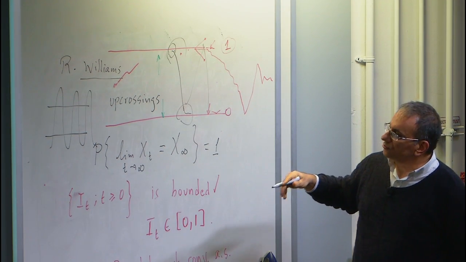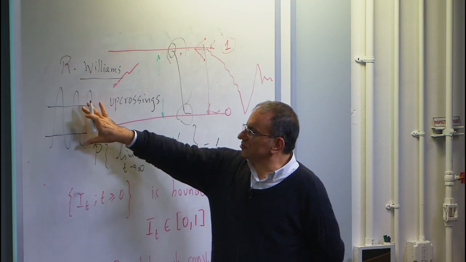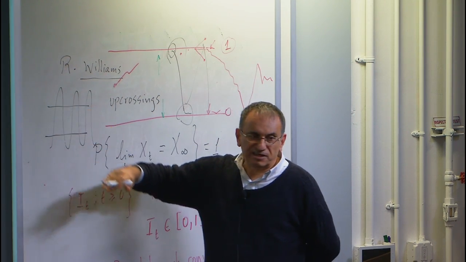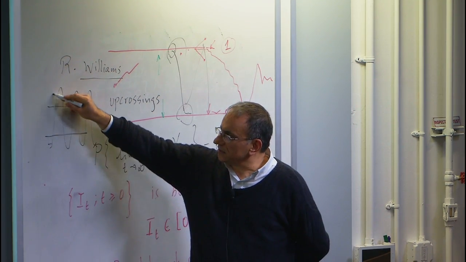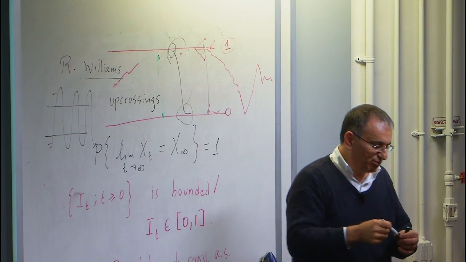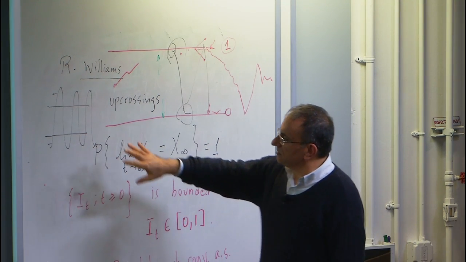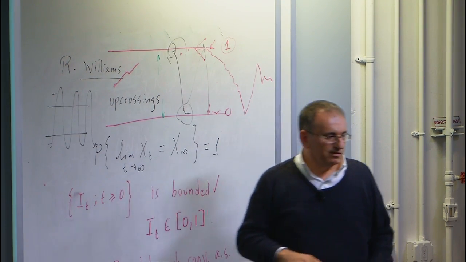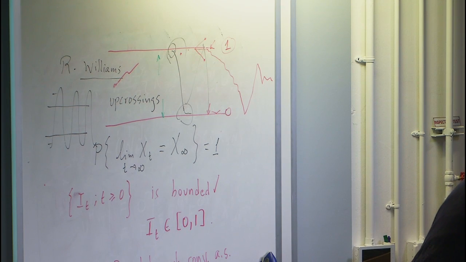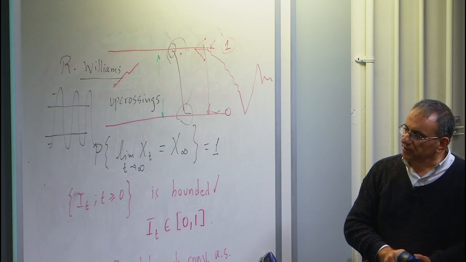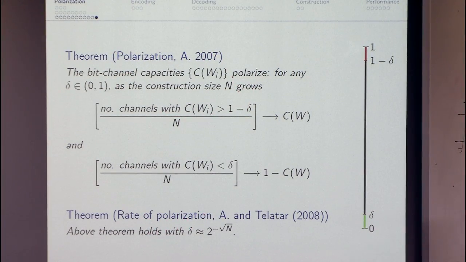If this were true, you could make a fortune in the stock market by employing this buying and selling strategy: buy low, sell high, and the stock market would give you infinitely many chances to do so. So it's not so simple, in other words. It doesn't occur. Anyway, let me continue on. There is also an intuitive explanation for this one too, but let's skip it in the interest of time.